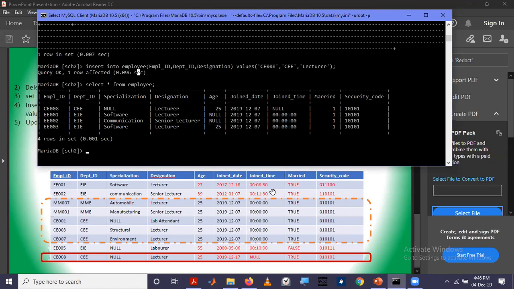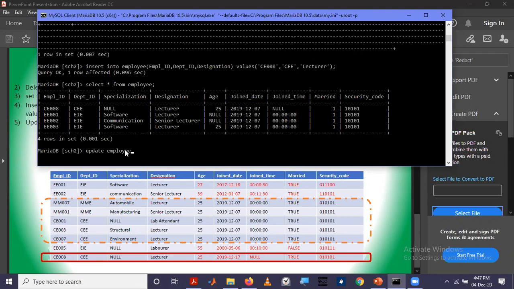For that we have a keyword known as update. Update is used alone, not like insert into or delete from. Update, then table name.